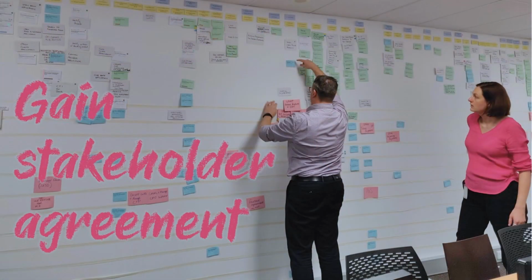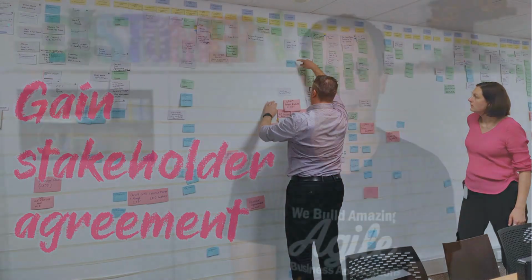Step number 8 is to add the estimated costs per epic to your user story map and assemble all of your stakeholders to review it. Make any adjustments based on their feedback, and don't forget to ask the CEO for a purchase order. There are a few variations you can make to this formula, such as estimating high and low velocity to give you a range of predicted costs and durations.